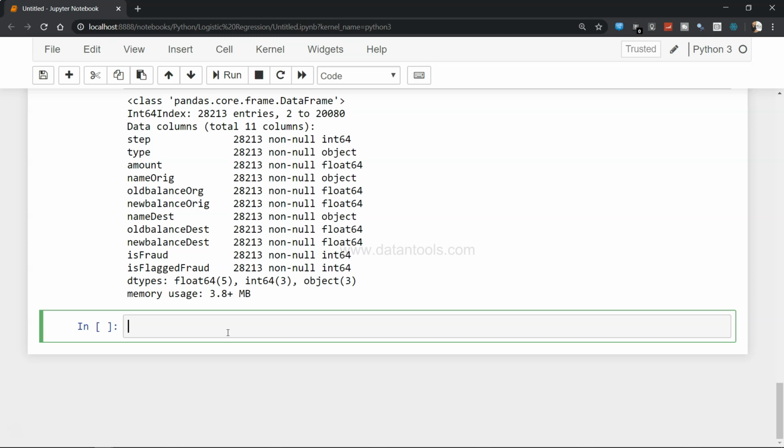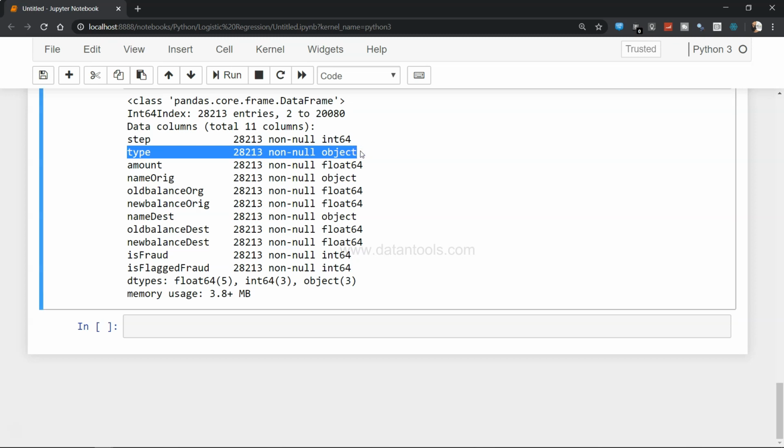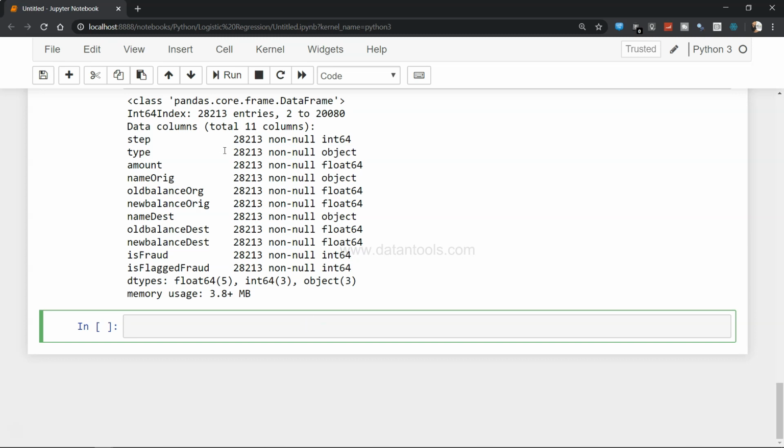So first thing is I need to convert type into category. Right now it is in object. It has to be in category so that I can apply the function which will give me the numeric categories. So first convert this from object into text categories, and then apply a function which will give me numeric categories from the same textual categories.